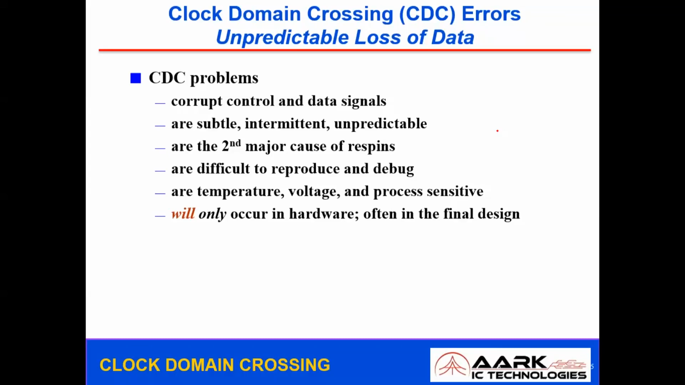And these CDC problems might lead to race conditions, which are difficult to reproduce and debug. These are very difficult to debug, and this cannot be figured out easily at the functional verification level. So you need to go with a complex